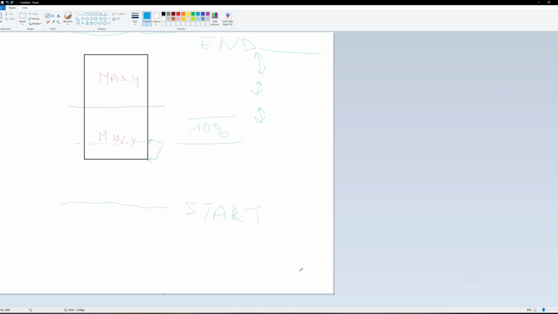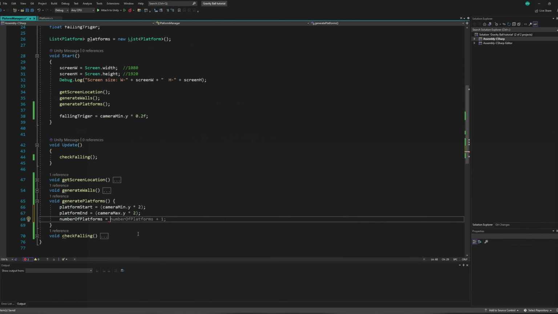We need to know the distance between start and end and just divide it by how many gaps we can make. That means we can find how many platforms, equally distant from each other, we can make. To do that is really simple. Number of platforms is equal to